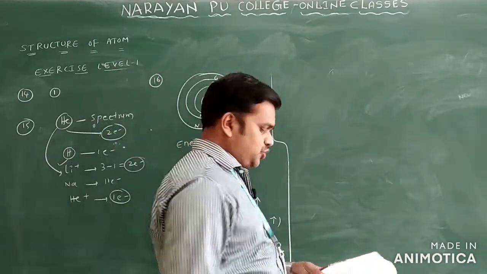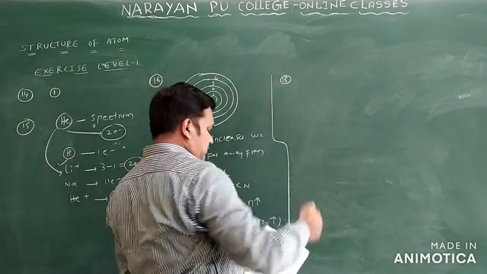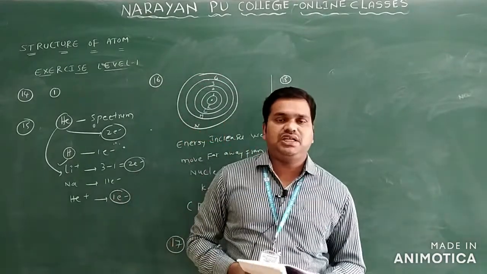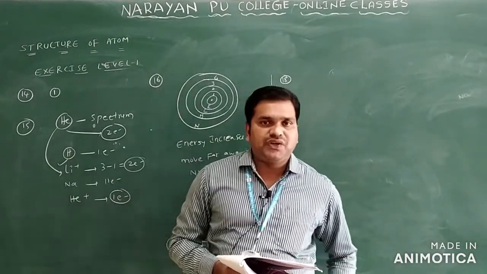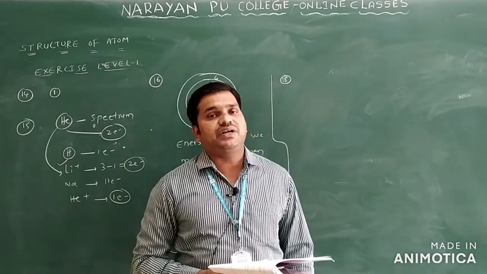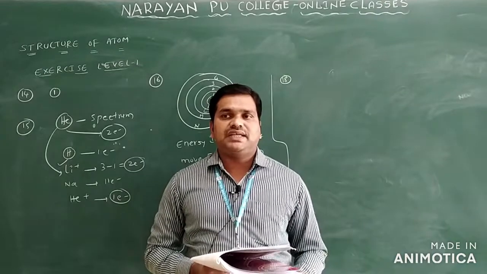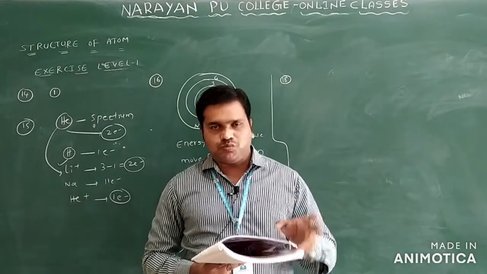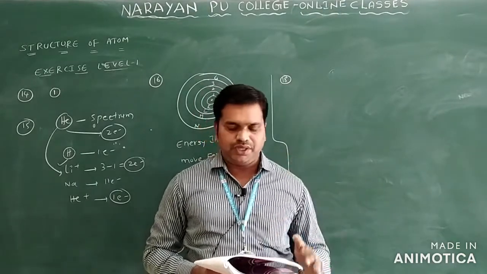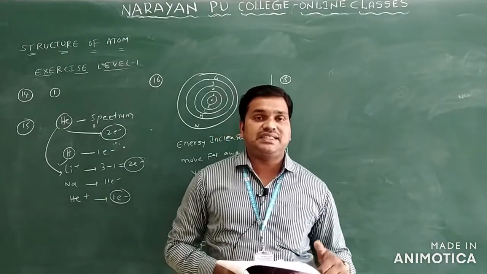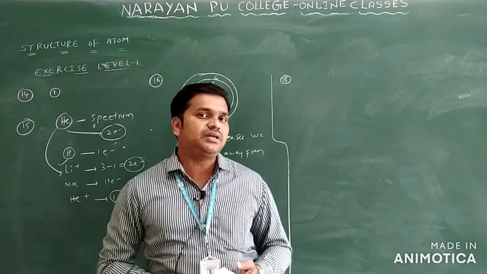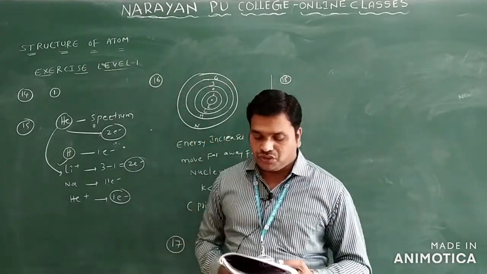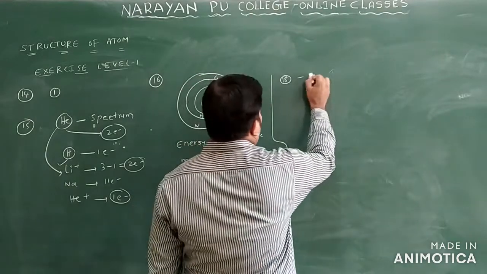Next we can see question number 18. The existence of the positively charged particle, the nucleus, was established. Generally, where can the nucleus be identified, in which experiment? It is observed in the Rutherford alpha ray scattering experiment only. Rutherford alpha ray scattering experiment mainly explains that the center of the atom is called the nucleus only. It has a positive charge. Most of the space inside the atom is empty only. So the existence of this positively charged nucleus is identified from which experiment? The Rutherford alpha ray scattering experiment only. So you will take option 2 for this question number 18.